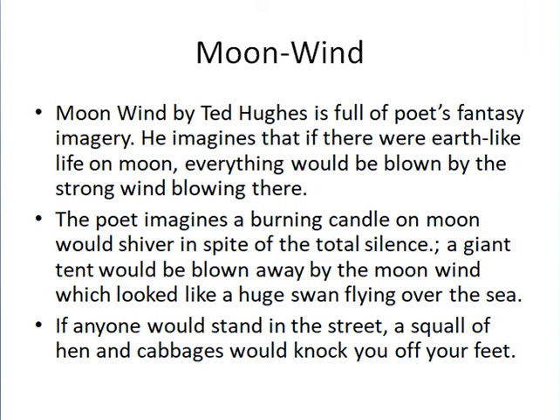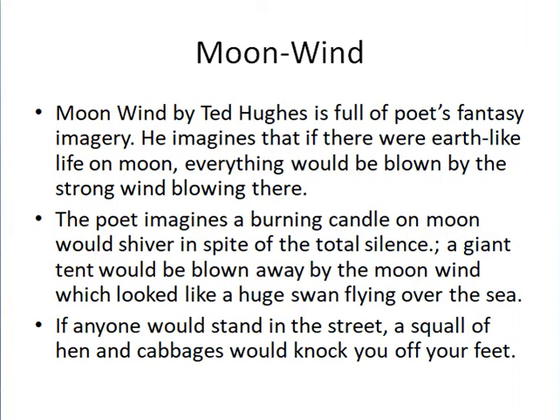The poem is basically an imaginary poem. It is a fantasy, a kind of poet's fantasy. He has written the poem in his imagination while considering earth-like life on the moon, and he is describing the attributes of the moon's wind, what it would do to life if we had earth-like life on the moon. It describes the scenario, or he tries to draw a picture of what will happen there if we go to the moon and live an earth-like life over there. So starting,